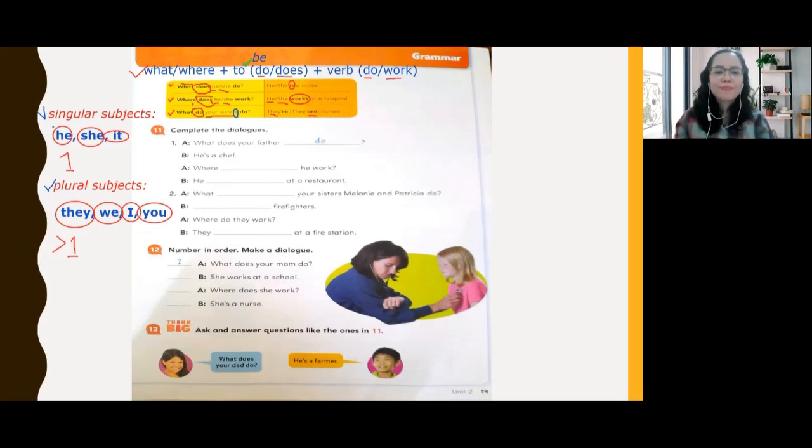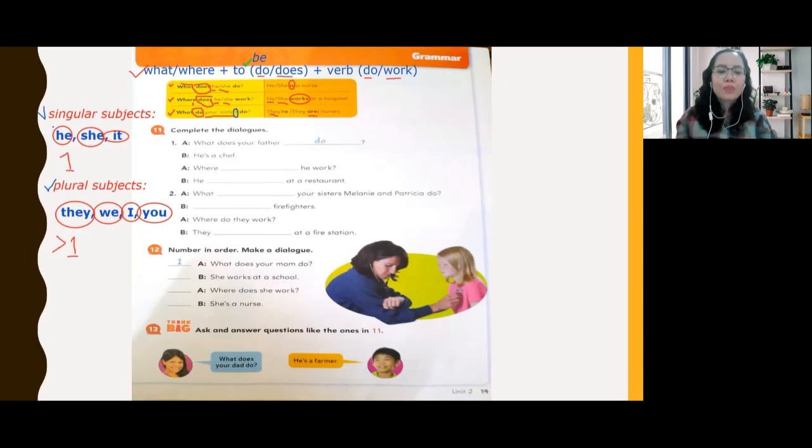Class, here we also see that there is a contraction. Yeah. We can use they're with apostrophe re or they are. In contraction, the letter A is eliminated. And for your notification,